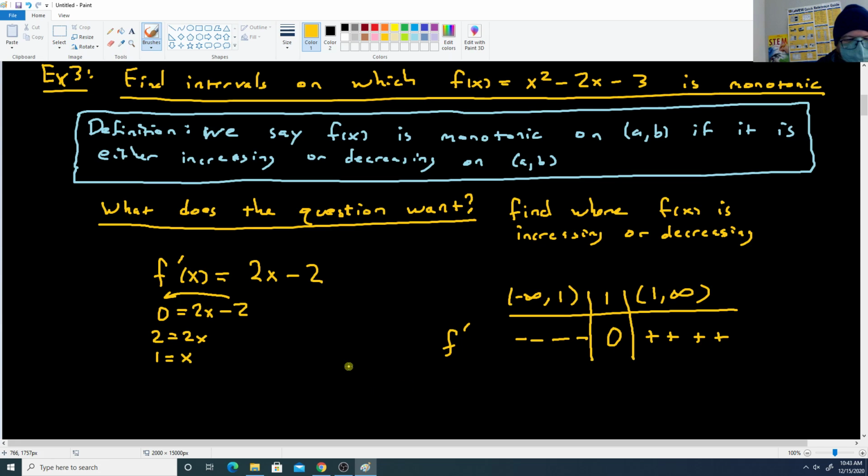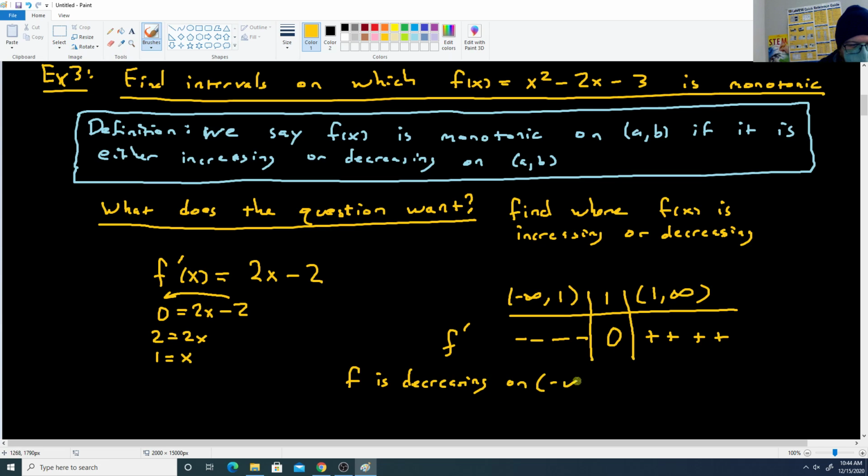I should note that on the AP test, you can use these charts as guidance, but when you refer back to them, you need to quote the theorem. So you can't just say chart here and jump directly to f decreasing on this and f increasing on that. You have to state a little bit further. To write this up like you would see on the AP test, we will say f is decreasing